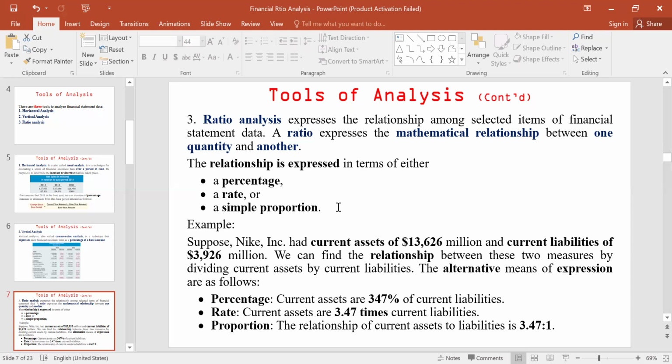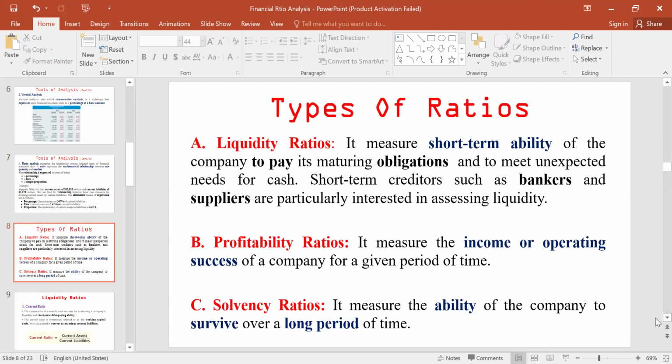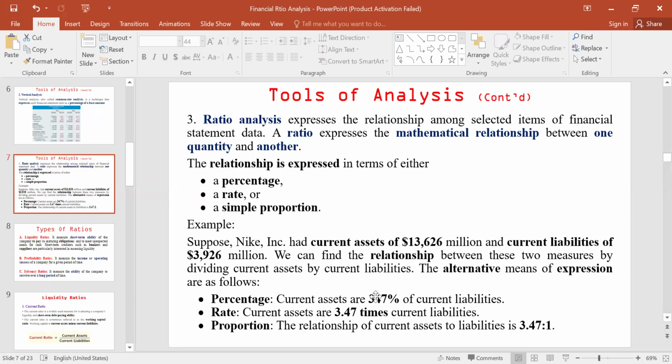Then you make your valuable comments or remarks. Some examples, percentage, rate, and proportion, are clearly mentioned here. You may use any one or both to analyze the outcomes of your company's financial scenario or financial position. Now I am going to discuss gradually some basic tools and techniques of financial accounting